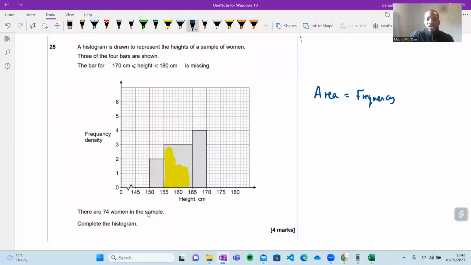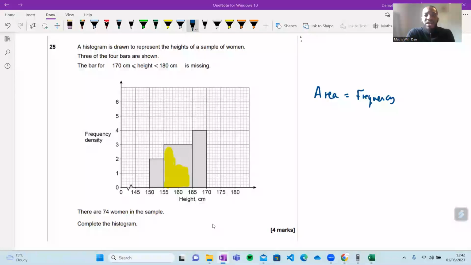And we know from the question that there are 74 women in the sample. But what do we have here, though? We have the frequency density, we have the widths of the 3 bars. Maybe we can calculate the areas of those 3 bars, and that will tell us how many people, or how many women, I should say, are within those 3 bars. And then maybe we can calculate the other missing bar. Does that make sense? Remember, we've got bars here, we've got rectangles, we can calculate the area of them because we've got the distances on the bottom, the heights, and we've got the vertical axes, the frequency densities. So maybe calculate the areas of those 3 and then maybe take it away from the sample size, and then maybe that will be able to help you out. Yeah, so that's a little bit of a pointer. See how you got on with that.